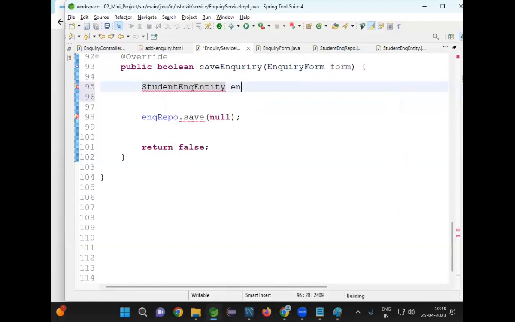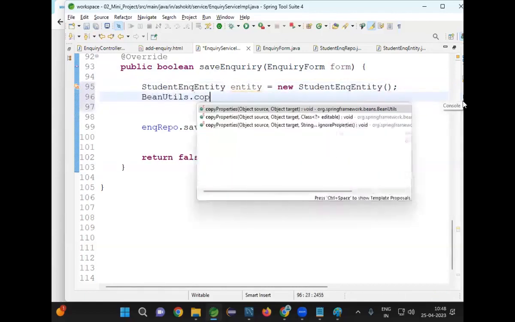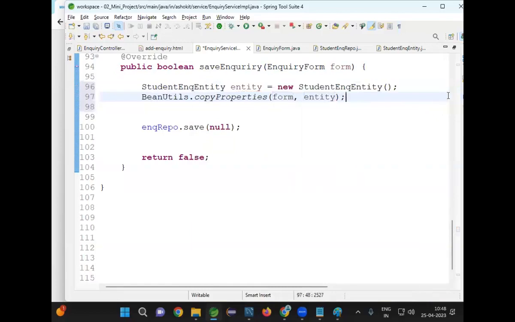Student inquiry entity, entity is equal to new student inquiry entity. Then BeanUtils dot copyProperties, source form, target entity. Now I will pass my entity object and I will return null value. Sorry, true